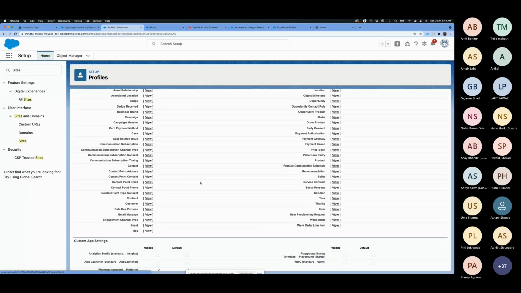So everything which is public will run in this guest user context, not even system context. And then when you log in, it depends on how you design your portal. If you are creating a custom one, all standard components will follow the standard and run in user context.